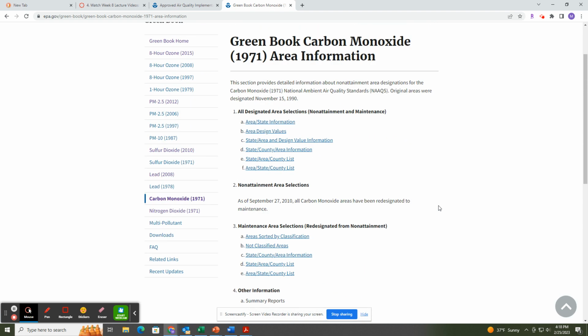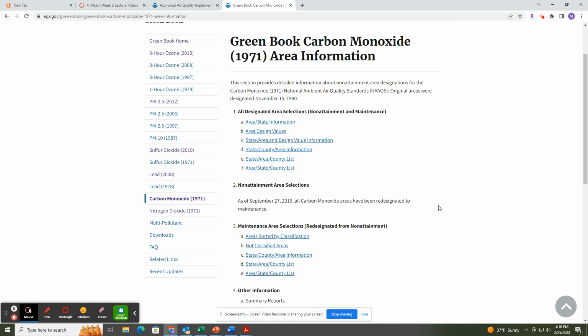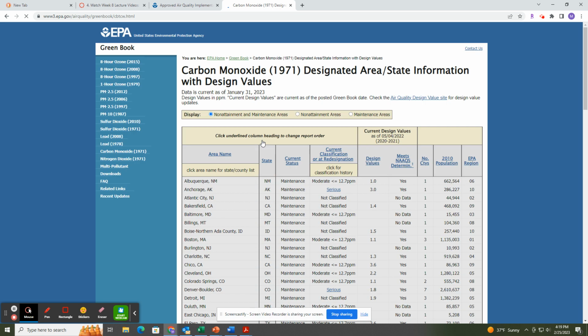Do I have a map? Come on. State area. All right, I'll go to this, non-attainment and maintenance for carbon monoxide.